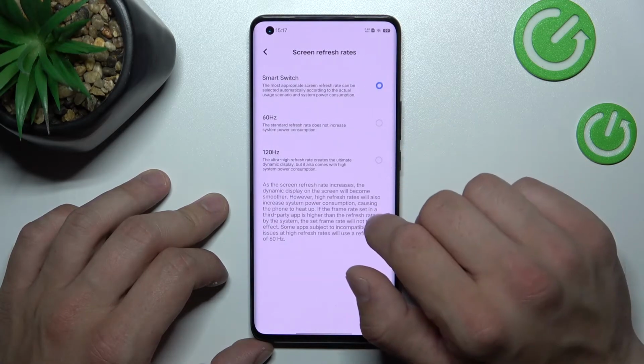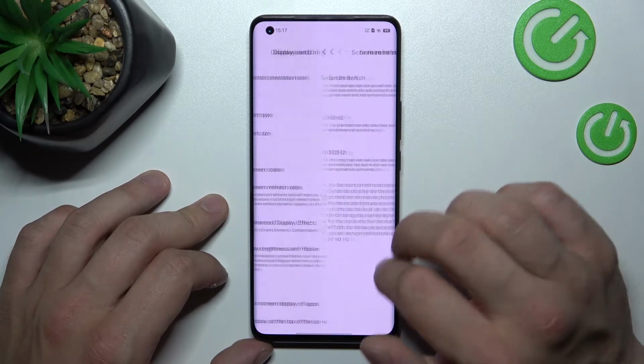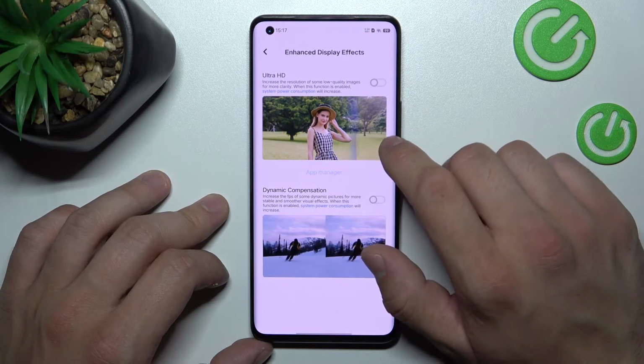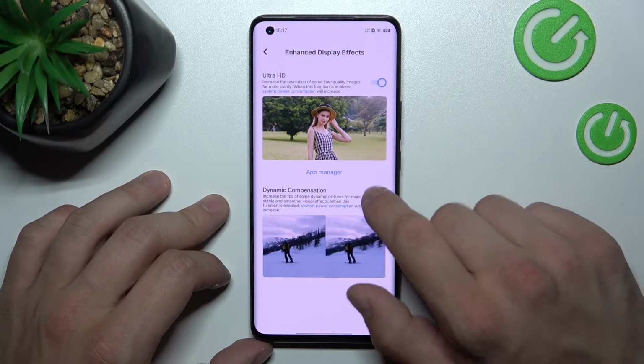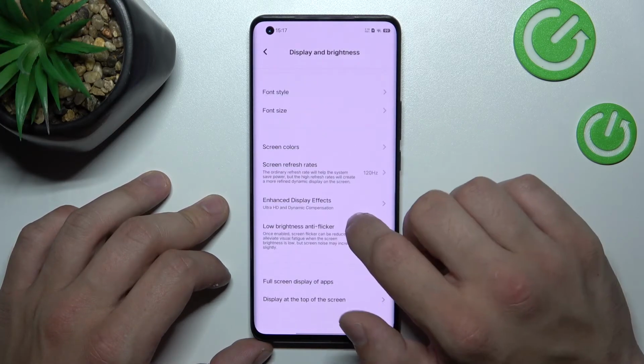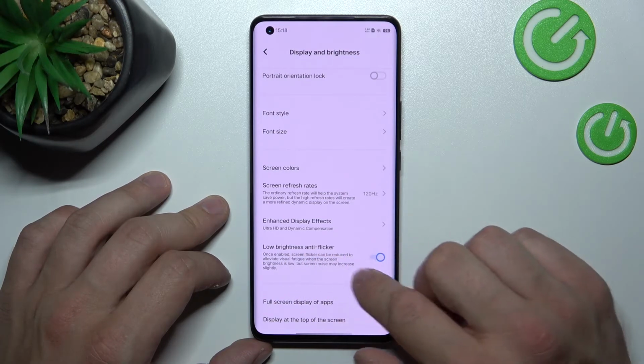Then you can change screen refresh rate between smart switch, 60 Hz and 120 Hz. Next you can enable or disable Ultra HD and dynamic compensation. Then you can enable or disable low brightness anti-flicker,